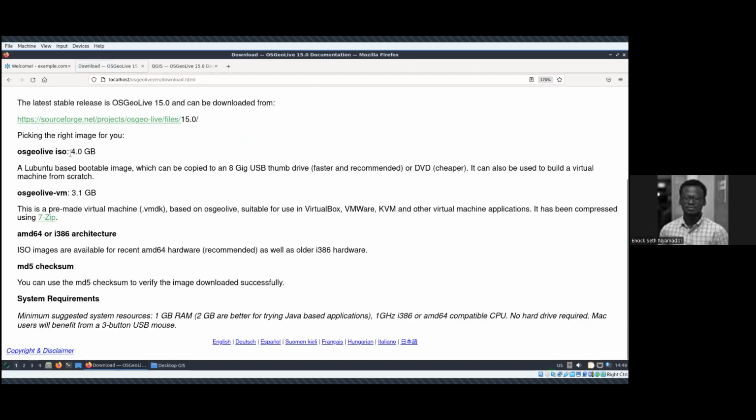You can walk to them and they will definitely have this at hand. Or at an OSGeo event like Post4G, there are workshops which are using OSGeo Live as the base. So probably there's going to be a VMDK available that they distribute, and you can run them in VirtualBox. I use VirtualBox because it's free and open source software. Some of you might already have access to VMware or KVM or other ones, and it still works in them.